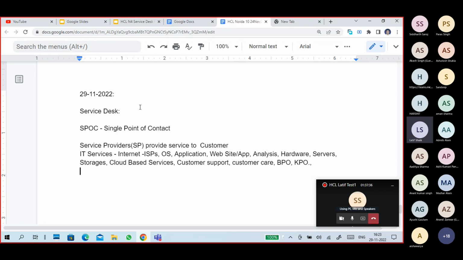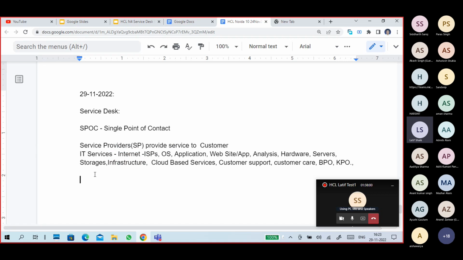There are a lot of things in the organizations. Some are managing infrastructures, some are providing infrastructure.